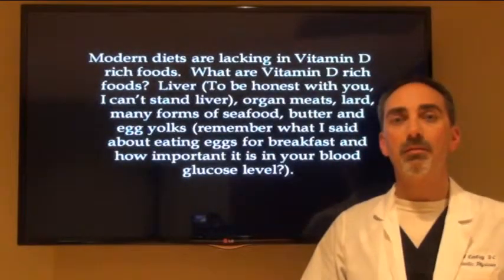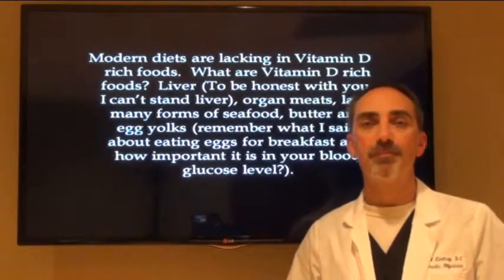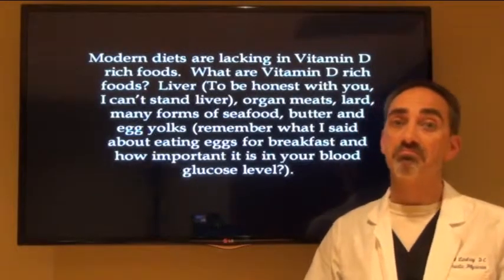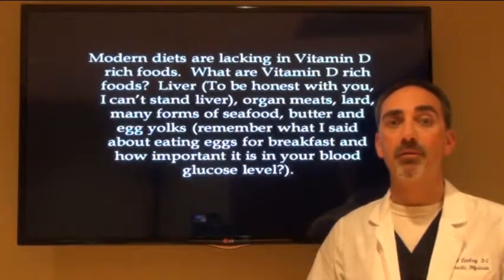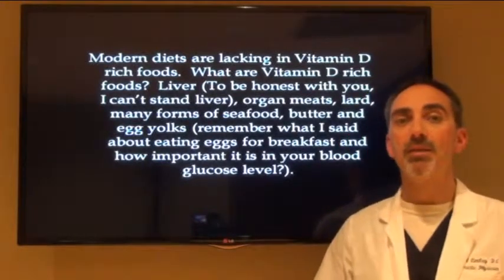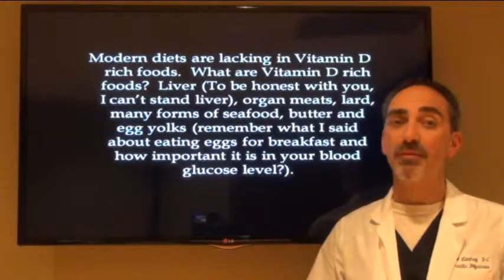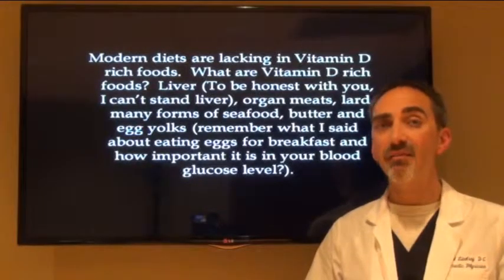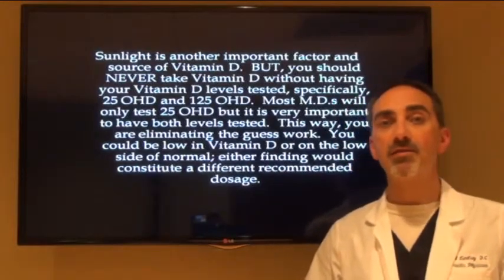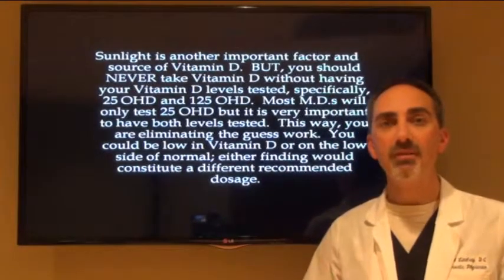Modern diets are lacking in vitamin D-rich foods. What are vitamin D-rich foods? Liver. To be honest with you, I can't stand liver. Organ meats, lard, many forms of seafood, butter, and egg yolks. Remember what I said about eating eggs for breakfast and how important it is for your blood glucose level? Yeah, that's huge. Sunlight is another important source of vitamin D,